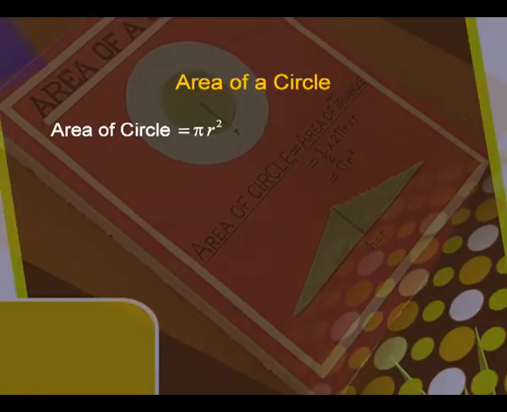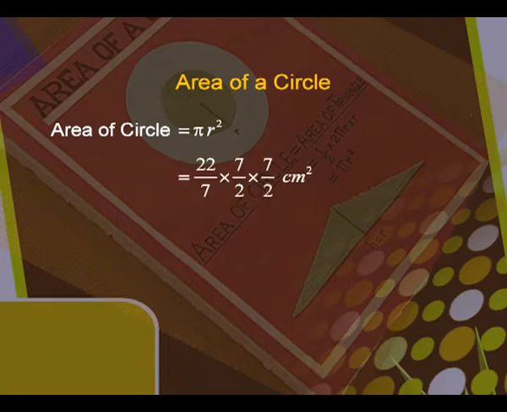Now, let us see what is the area of the circle here. The formula is pi r square. The value of pi we are taking as 22 upon 7 and the radius was 7 upon 2. So, on calculation we get 7 gets cancelled and 2, 11 times is 22. So, we have 77 upon 2 here also, and thus the area of the circle is